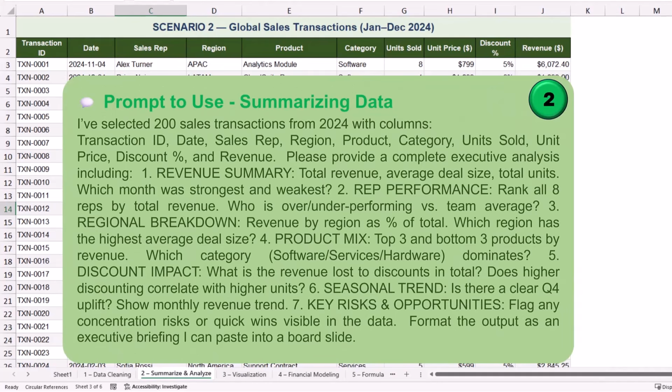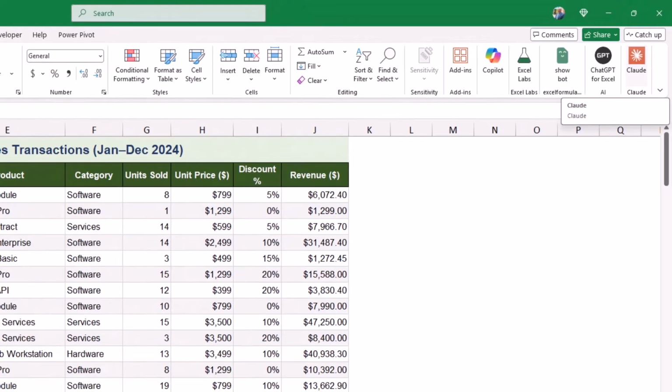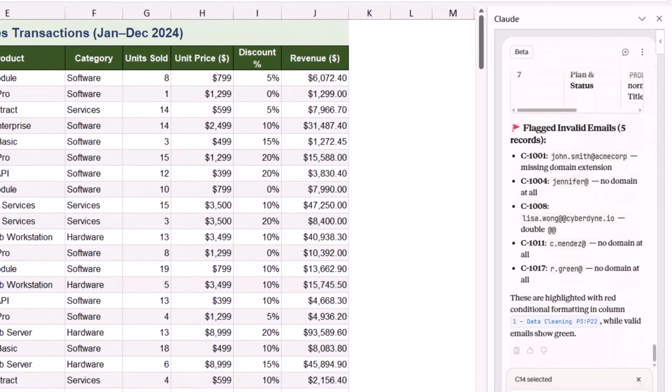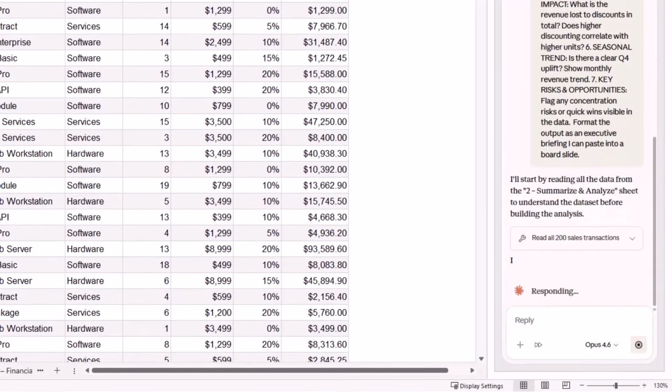Here is the prompt I'll give to Claude. I have selected 20 sales transactions from 2024 with columns: transaction ID, date, sales rep, region, product, category, units sold, unit price, discount percent, and revenue. Please provide a complete executive analysis, including revenue summary, rep performance, regional breakdown, product mix, discount impact, seasonal trend, key risks and opportunities. I open the Claude pane by clicking on Claude on the right side of the Home tab. I want to clear the previous chat, then I click on this little icon, clear chat, and I paste the new prompt. I send it, Claude is thinking,